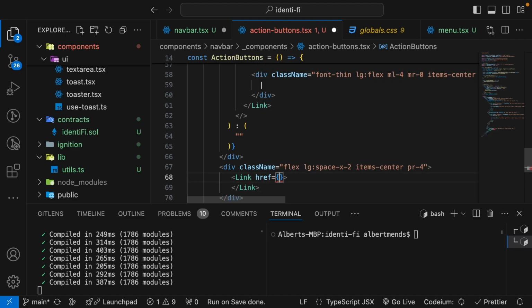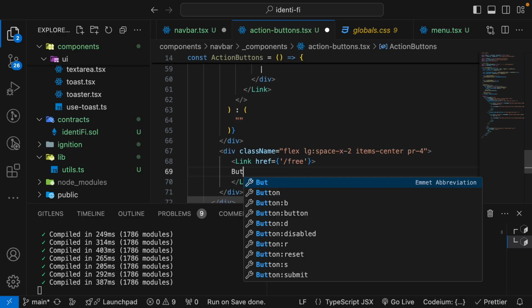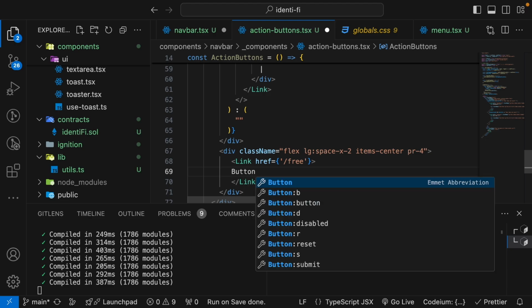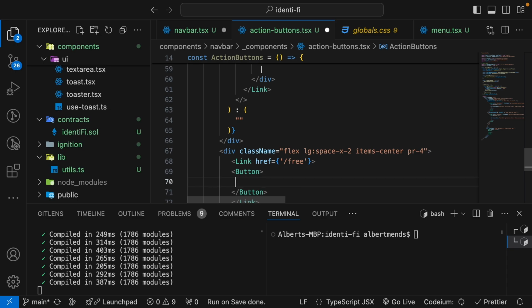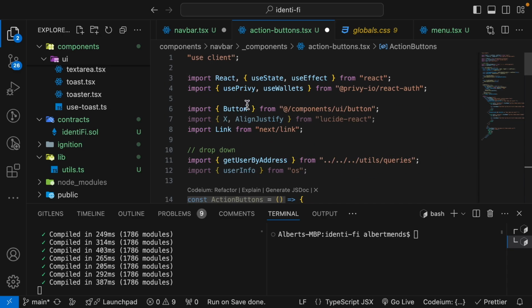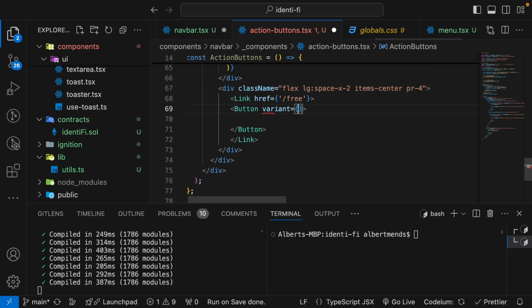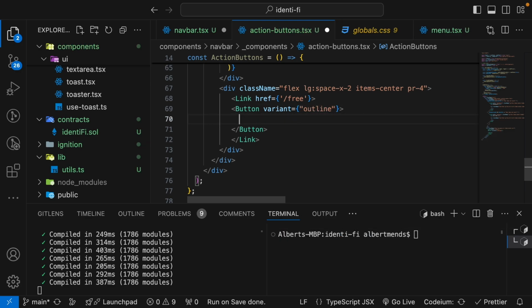So we pass in the href. We have this button here, and this button is going to be the connected button, right? The button we imported on top here is going to have a variant of outline, which is part of the properties of shadcn, and then a class name,